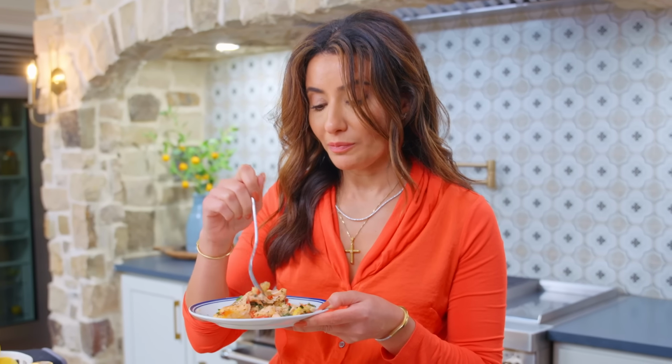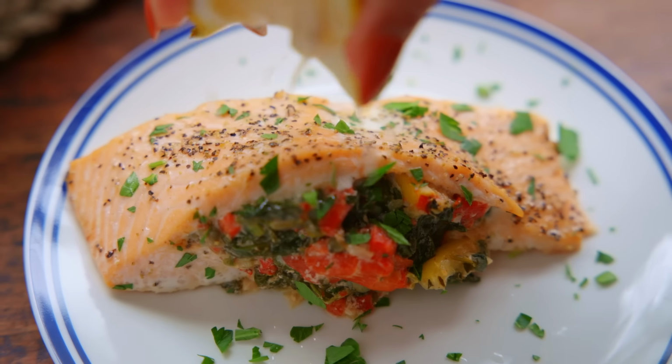This is really good. I'm serious. And it looks gorgeous, and it was so easy to do. I mean, I think this is the dish to prepare when there is a special occasion and you don't want